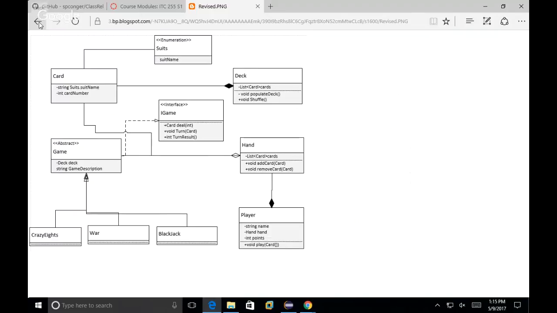Okay. I have a question. Sure. Why is the relationship between the hand and the game aggregation? Why did you choose aggregation? I decided that a game, there could be several, that a hand, it could certainly still be,